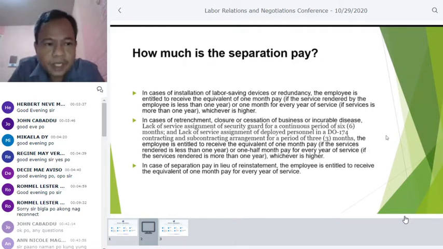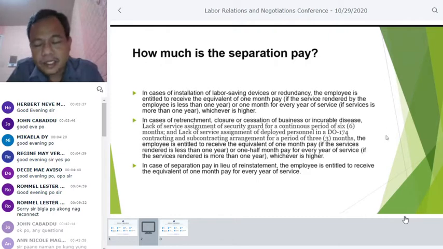The first bullet varies. The amounts given are different. Remember, in cases of labor-saving devices and redundancy of work, the employee is entitled to receive the equivalent of 1 month pay if he worked less than 1 year. Meaning, if the employee worked less than 1 month,